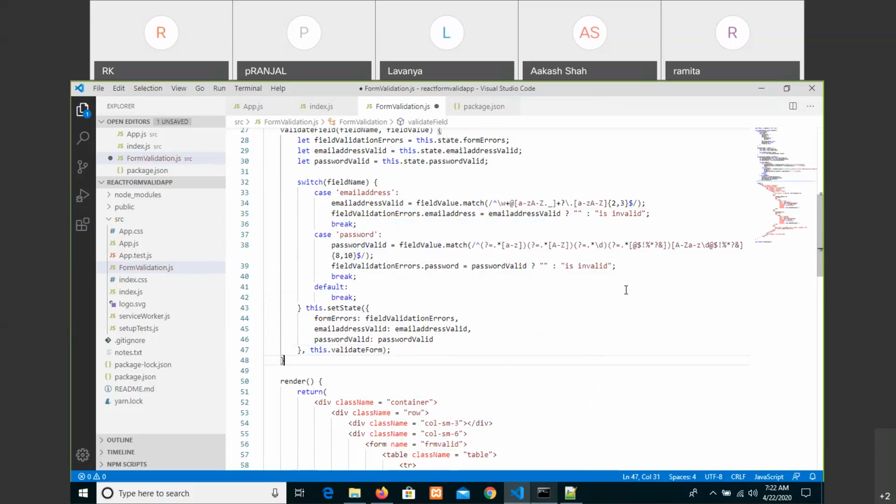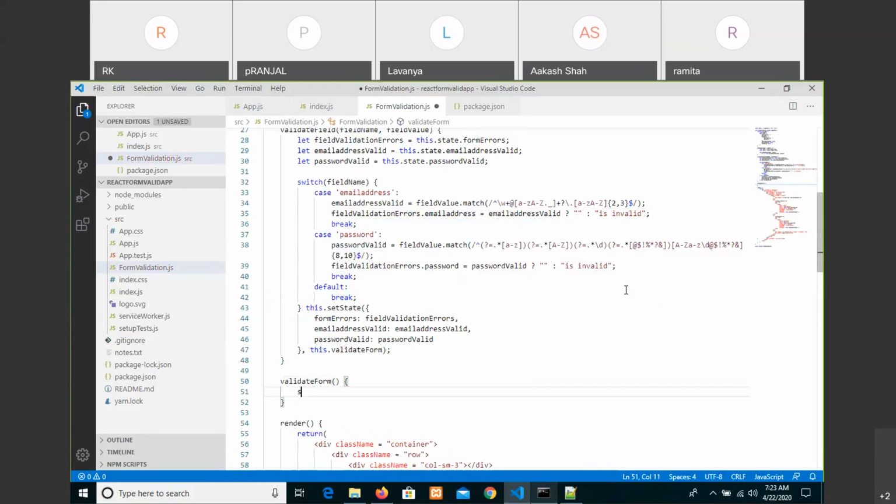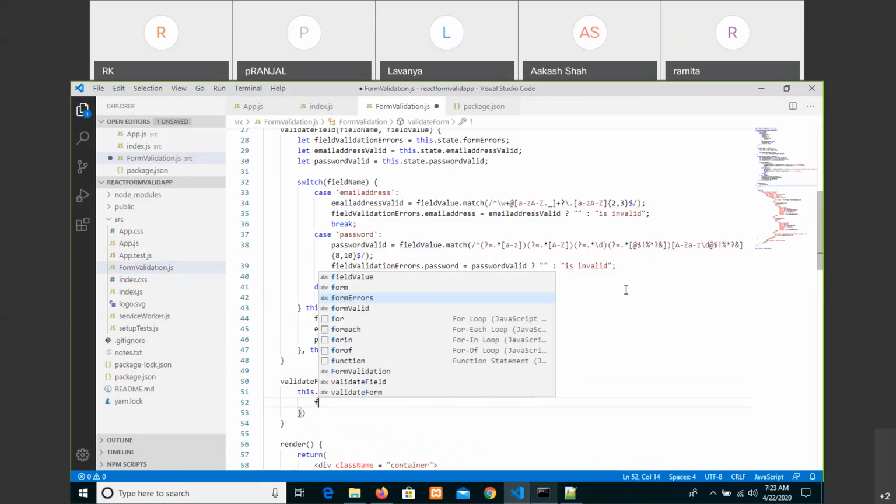This validate form, what is it doing? Observe. In this validate form, based on the set state, both email address valid and password valid, we are going to set